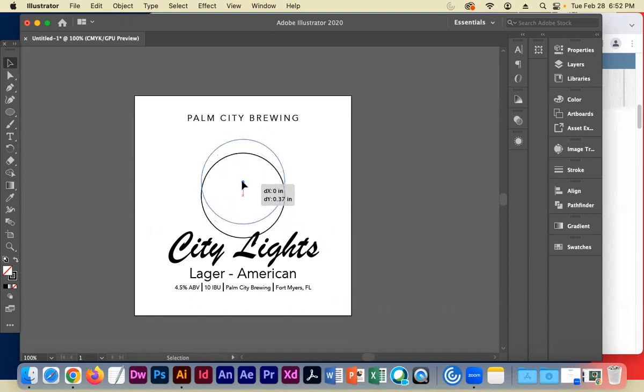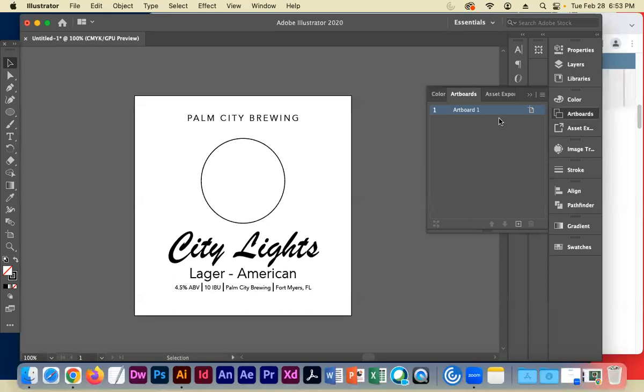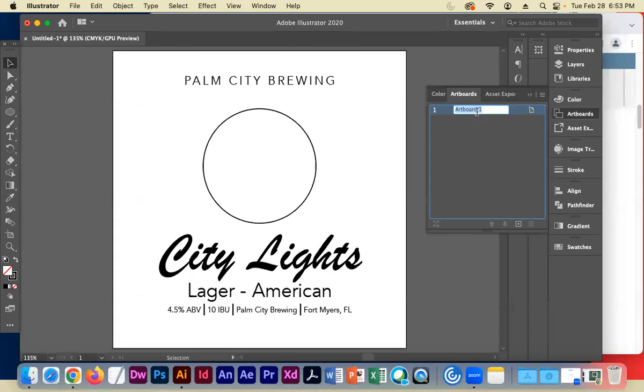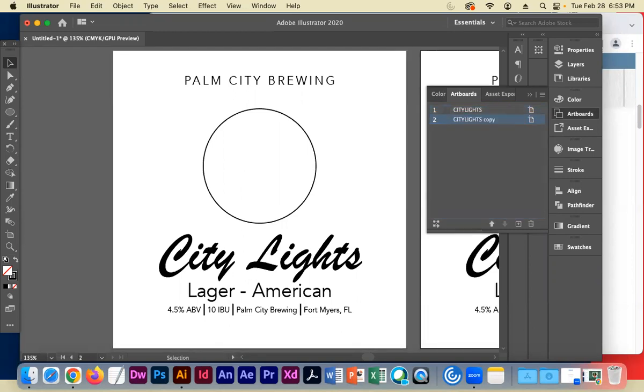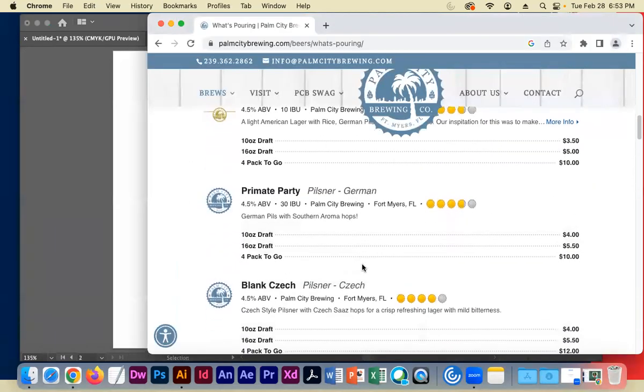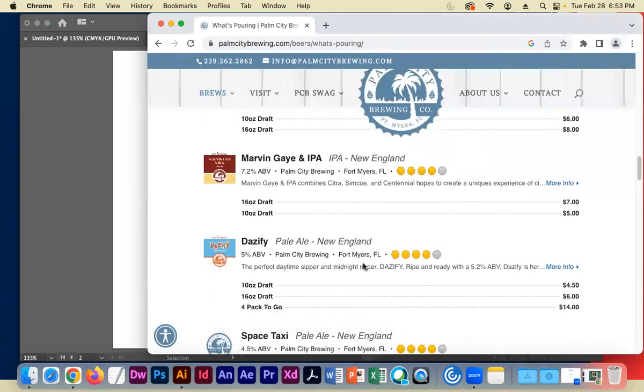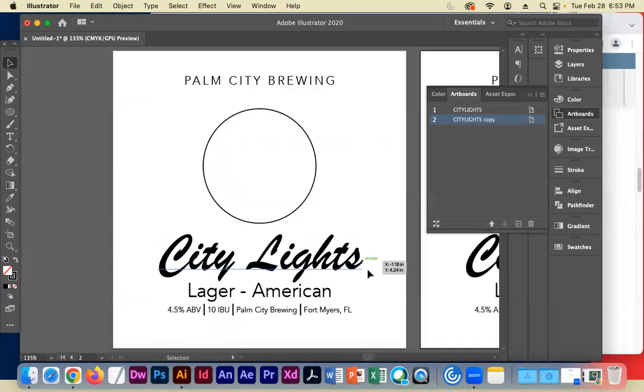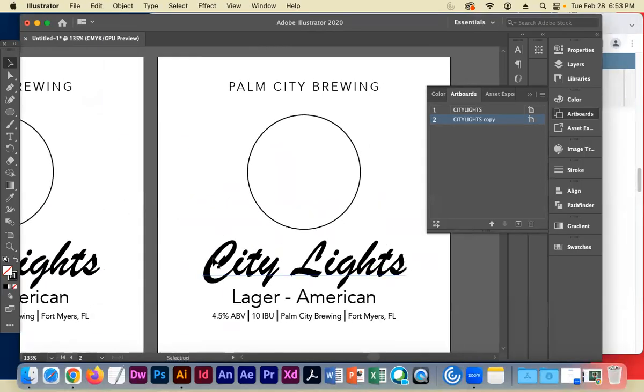All right, so if I was creating my illustration, this would be my template for my first label, knowing that I have to do my spot illustration. I got to apply colors. I got to do what I'm going to do to create this illustration, but I'm going to go in there and create that. I'm going to name this City Lights. Then I'm going to duplicate it over here. And I'm going to name this one Space Taxi. So let's do